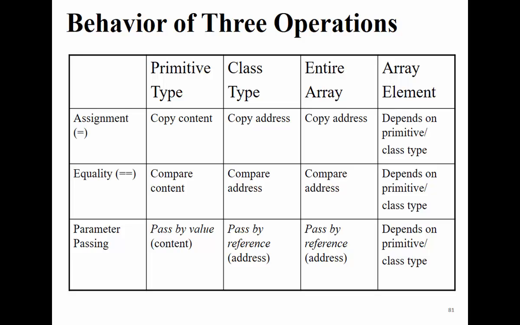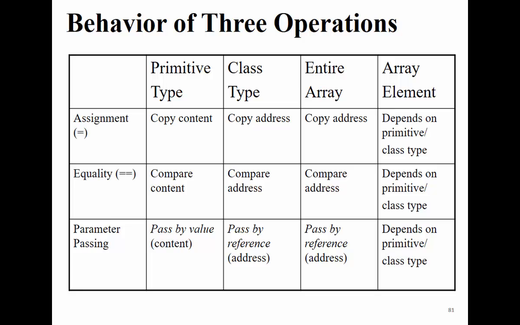But if you have an equal sign for the elements, it depends on whether the element is a primitive data type or an object data type. For equality, if you check equal equal, that compares the content of a primitive data type. If you have int equal to int, you compare the content of the value. If you compare with a class, you compare the addresses, whether they have the same address in memory, so are referring to the same objects. The same thing for the array.